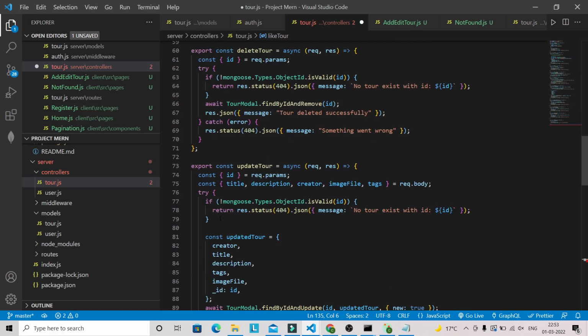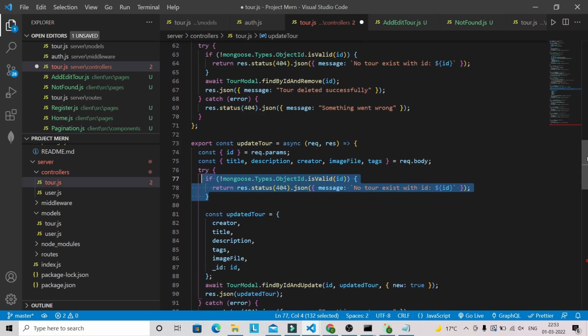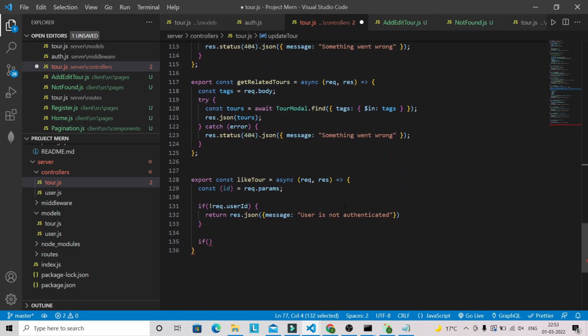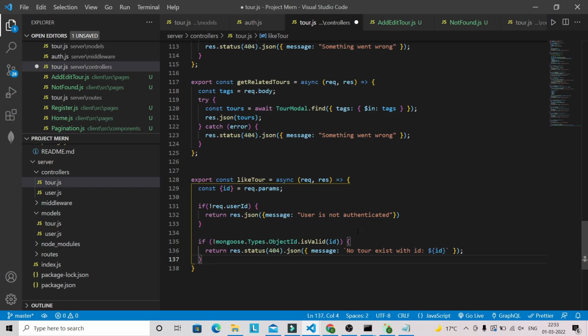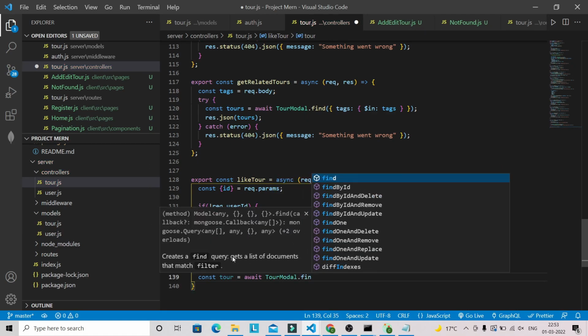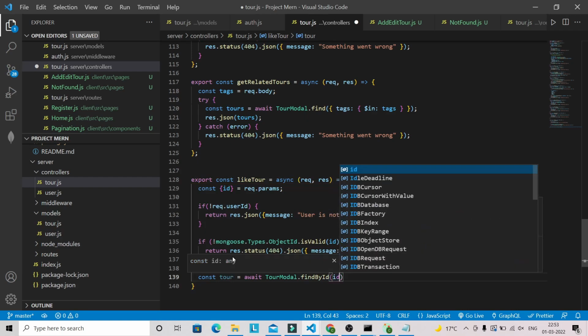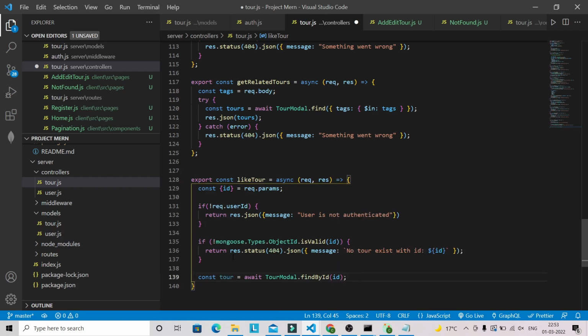So we can copy this one. The same code is required here as well, so we can just paste it over here. Here we are basically checking if this ID is valid or not. After that, we can have const tour equal to await tour model. So we can find that particular tour with the ID that we are receiving in the request parameter,